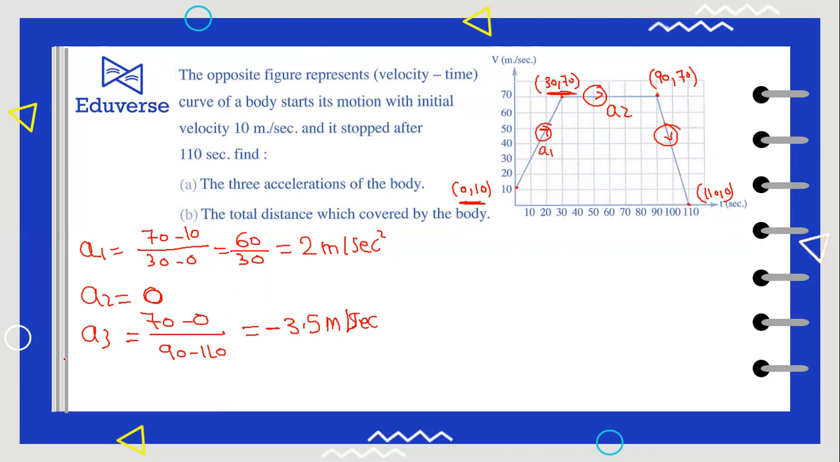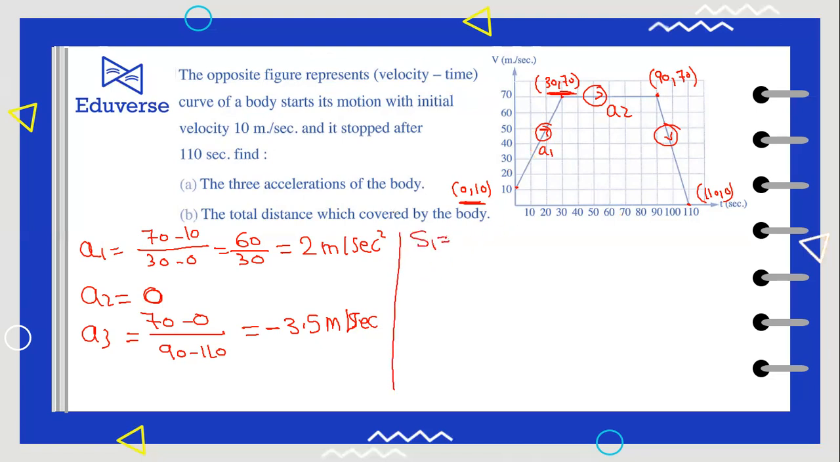Okay, here I have 3 stages of motion of the body. Number 2, I want to find the total distance covered by the body. The total distance covered by the body. First, the distance in the first motion,